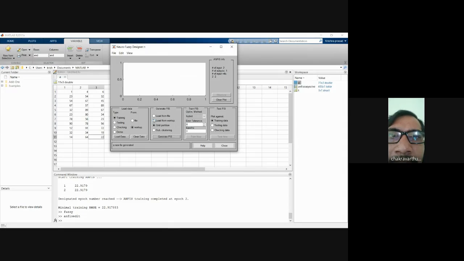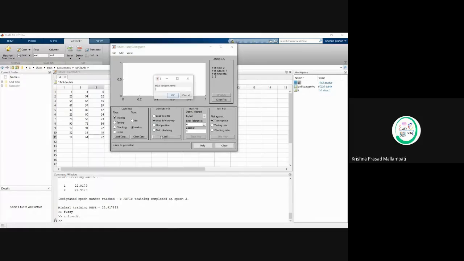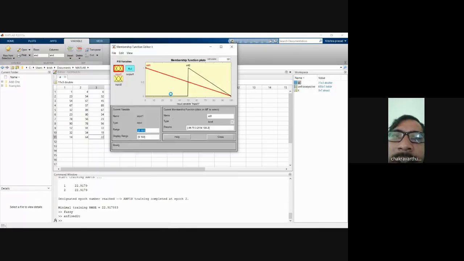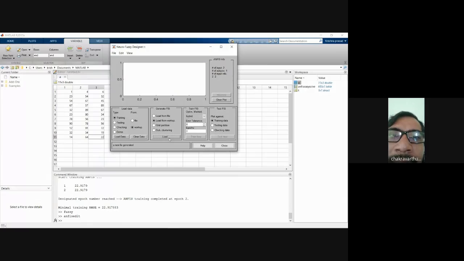And then you have loaded, right? Load from workspace. Once again, try it. It has taken the data. You are not getting any error. Yes, it came, sir. It is taken, generated. Now click on load. Loaded, sir. Okay, then fine. Then come back to the next level, like test and training data.